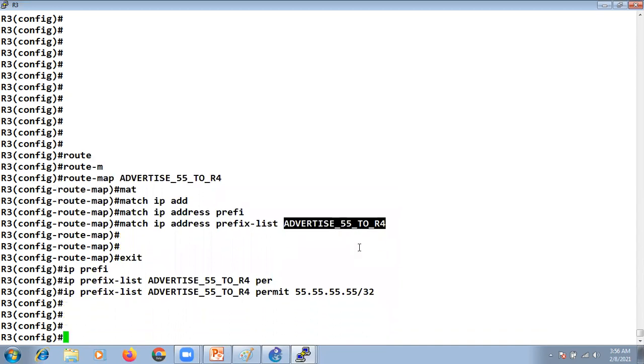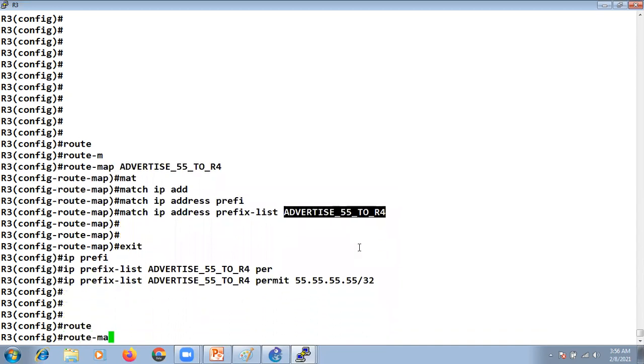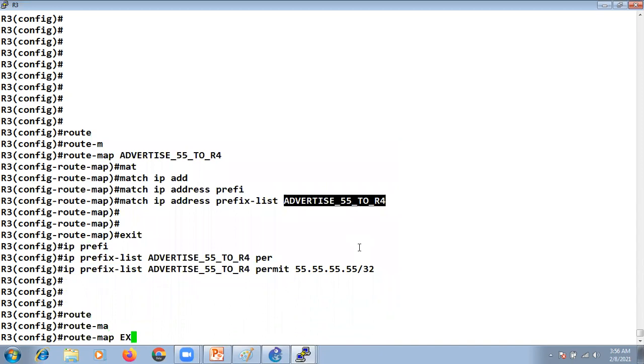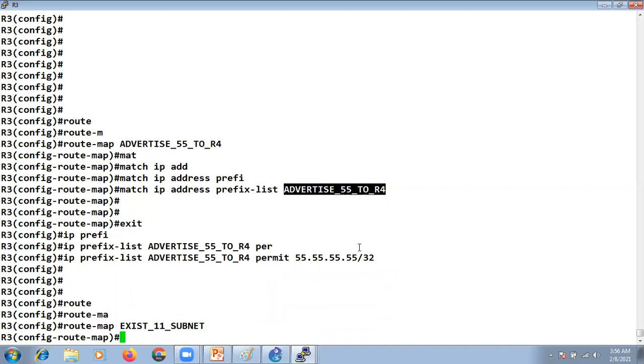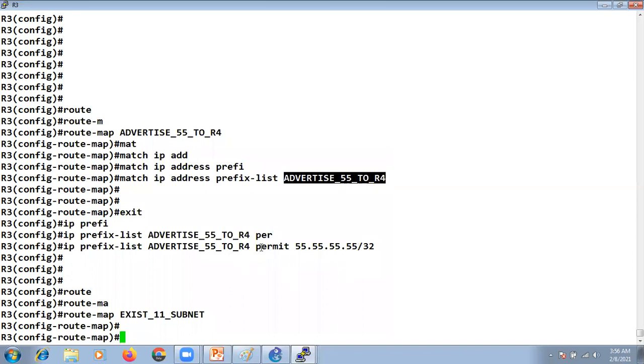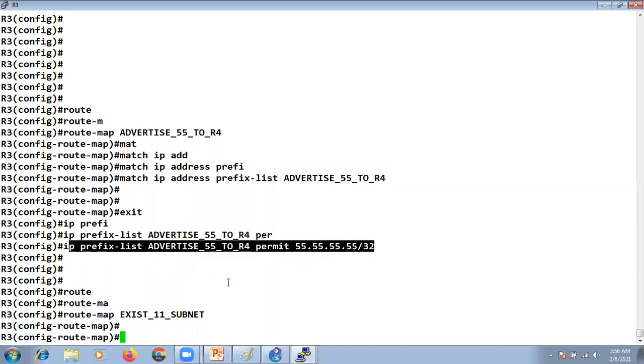I will create another route map with the name exist 11. As long as the 11 subnet is in the BGP table, it will advertise the 55 subnet. As soon as the 11 subnet disappears from the BGP table, it will stop advertising the 55 subnet also.